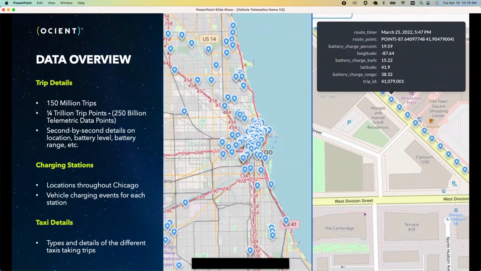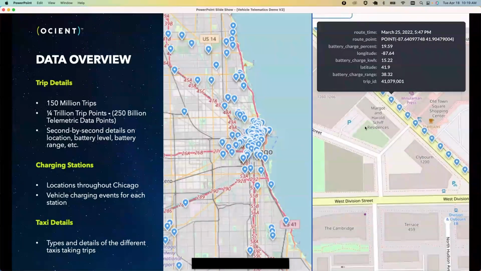So if we were given a start and end point of two locations, we generated the exact path of the trips at second intervals along that. And ultimately, we have 250 billion points stored for this demo. And the things that we store at each point, we store longitude, latitude, we have battery charge information, charge percentage, we've got a time, we've got the geospatial point value of this location.